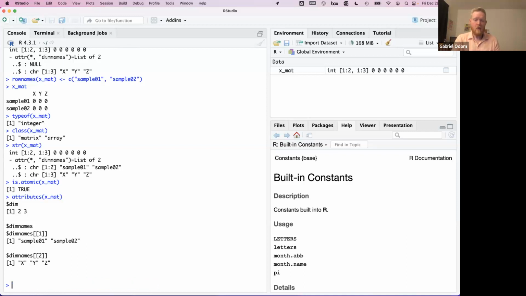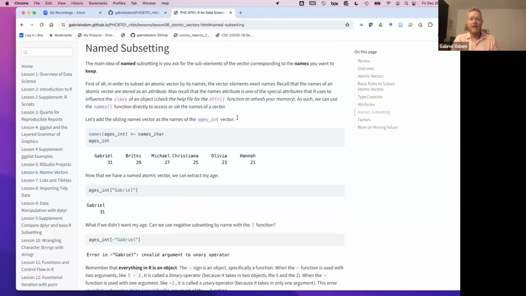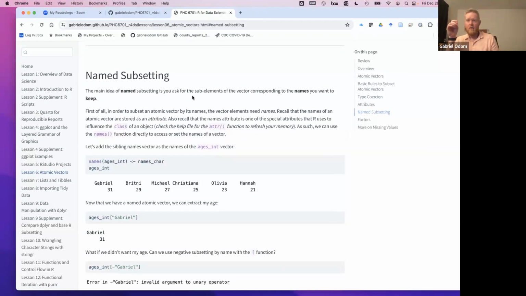Okay. So we're going to get rid of all of this, but this is getting at the idea of named subsetting. So when you subset a vector, if you say, give me that piece right there, most of the time you don't actually want to count out the information. You don't want to say, I want the thing in the fifth position. You want to say, I want